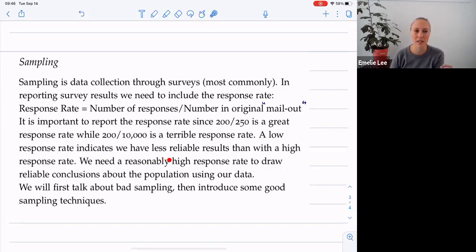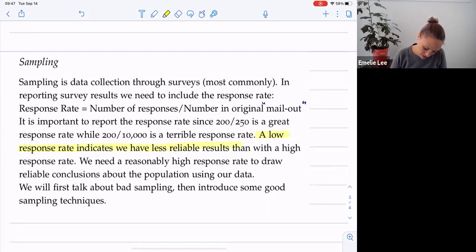Why is that? Well, if we have a low response rate, right, we tried to reach 10,000 people, but we only got information from 200, it's very likely that these 200 are not representative of the population that we tried to reach, right? We tried to reach 10,000 people to make sure that it's representative. And you always oversample, right? You always go for way more than you're actually hoping to get, right? But that's why it's so important to report the response rate, is because